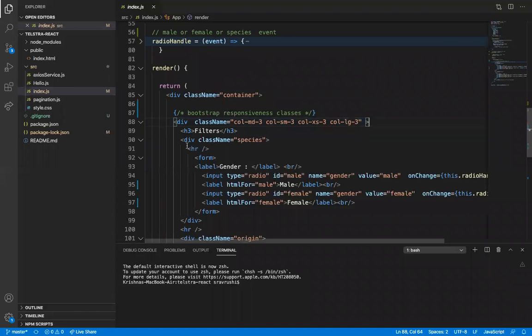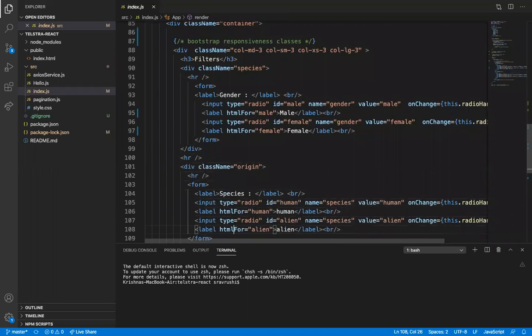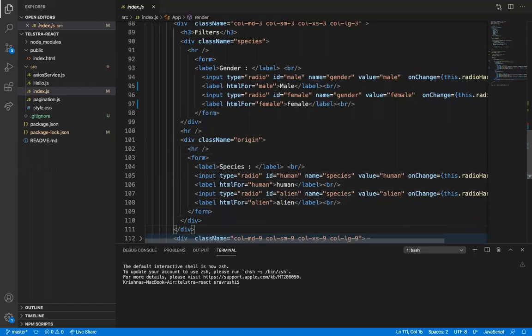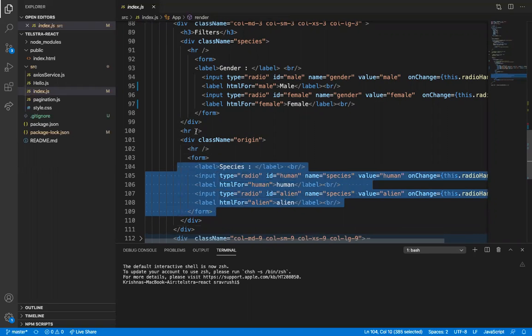In the first one, in the three columns, I am going to mention a form with gender, with male and female, and also one more form for species, like human and alien.